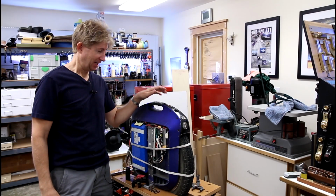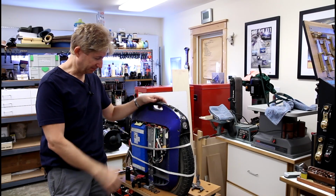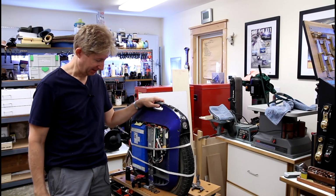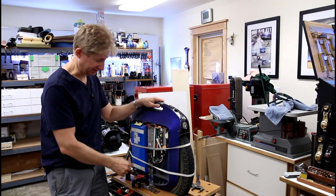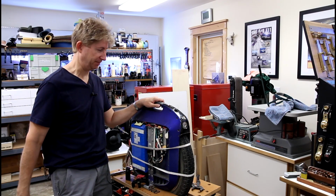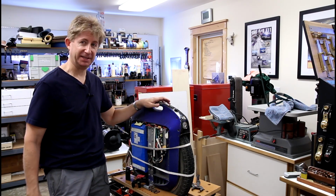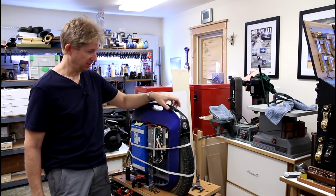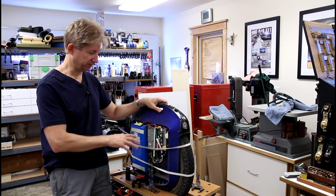Hi, I'm here with my monster, opened up, and I'm about to attempt a repair on the axle nuts. On mine, they've loosened up just a little bit, and the effect of that, really on any wheel, is if the wheels turn on and you grab it and you move it back and forth, if the wheel nuts